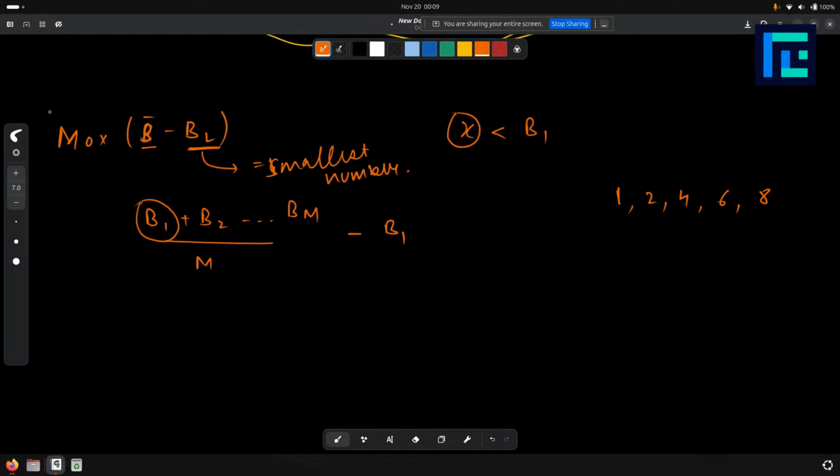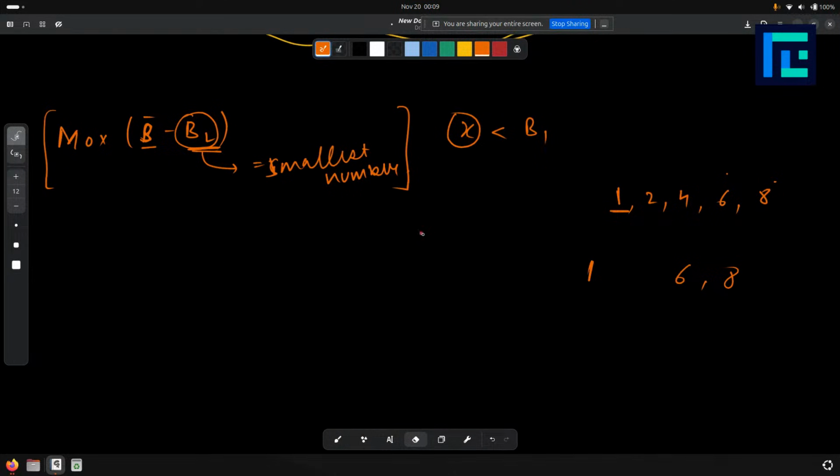So to prove my intuition, that BL will always be the smallest number in the array, basically I am saying that I will always include 1 and then I will include the higher numbers, 6 and 8 for example. I'm trying to prove that. So how am I proving that? What we can do,